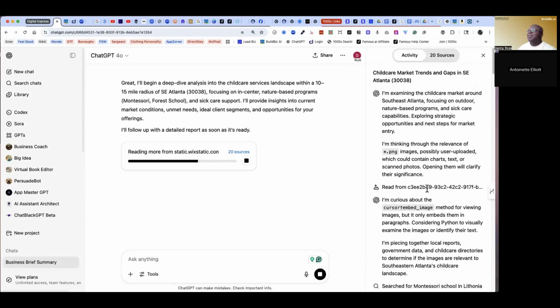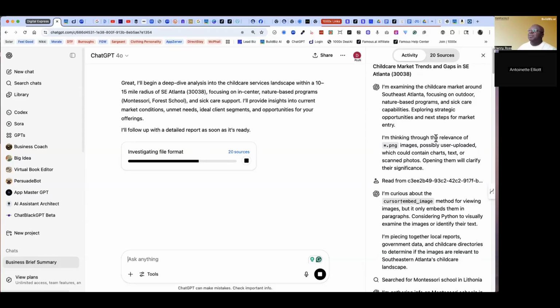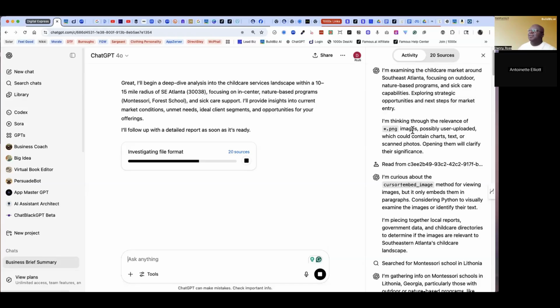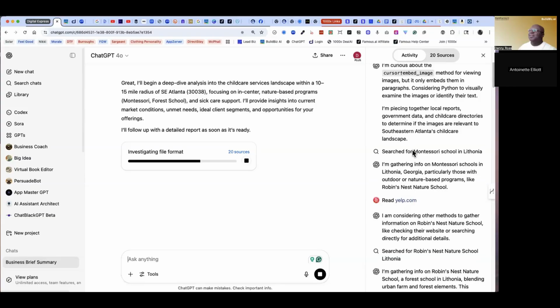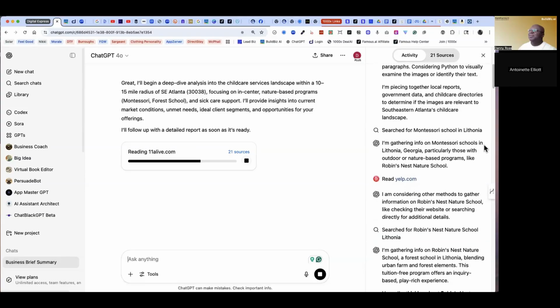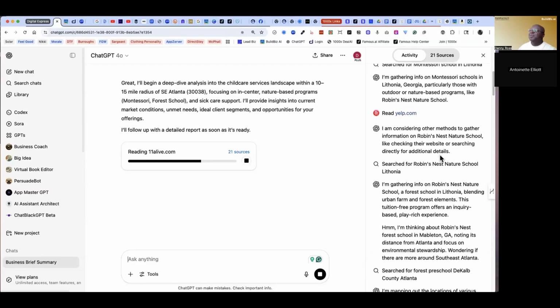And what I love about this deep research, right? So it's examining childcare market around Southeast Atlanta, focusing on outdoor nature-based programs. It's just thinking of the relevance and it's showing different things here. It's walking through all these things. I'm gathering info on Montessori schools in Lithonia, Georgia, particularly those that are outdoor. I'm considering other methods to gather in Robin's Nest Nature School.